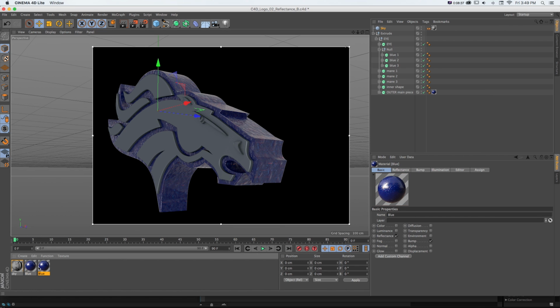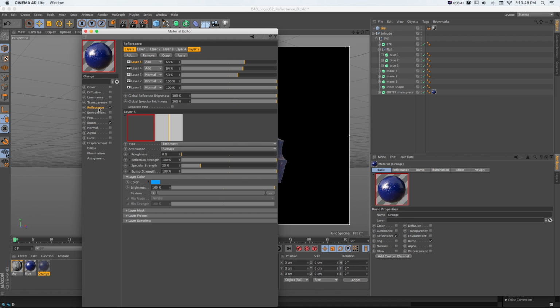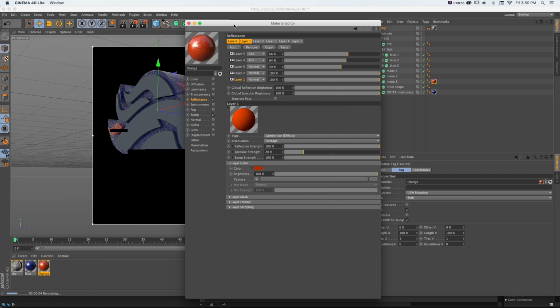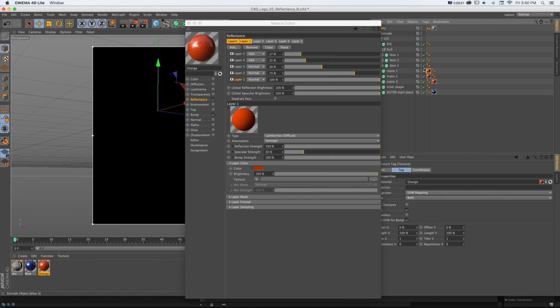And then again, if we want just slightly different versions of that for each color, we could do our same method of quickly create an orange one, and then under Reflectance, I'll just grab that first diffuse layer, change that to our orange color, put that on an orange object. So that one we might need to tone down a bit. So we could just turn down the strength of a bunch of these and kind of tone that down a bit. And then again, just duplicate that tag to the other orange pieces, put our blue on our null for our main blue piece,